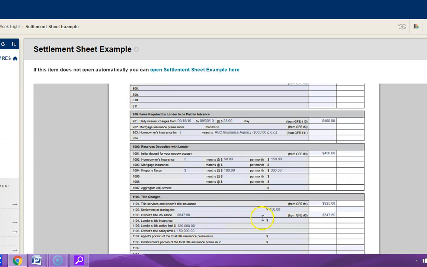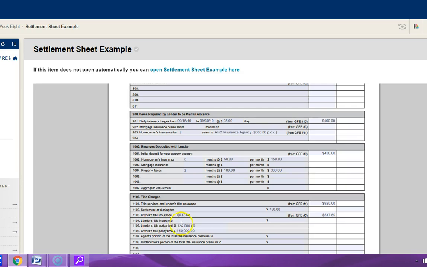Title insurance is the next thing you deal with. The title insurance company used to have a chart. Now you just plug the numbers into their computer program, and it'll tell you exactly what the insurance costs. So don't worry about how much you actually charge for title insurance on your outside project, but understand that the